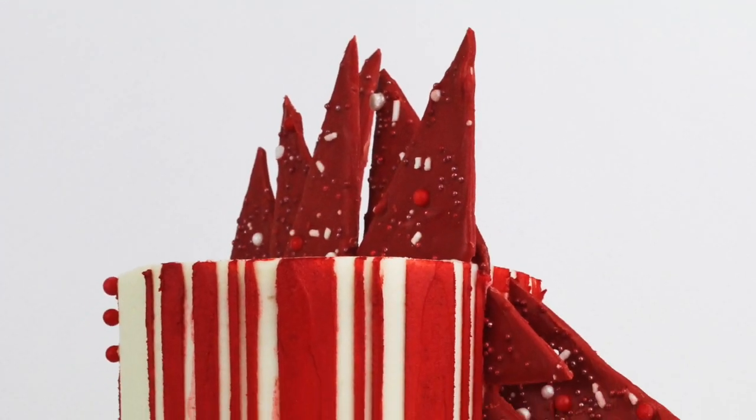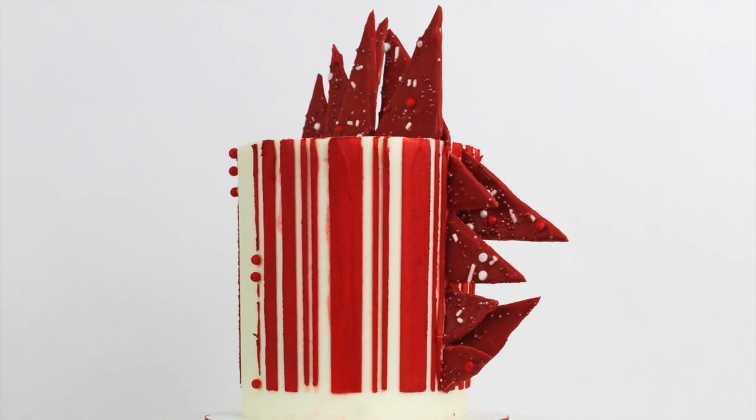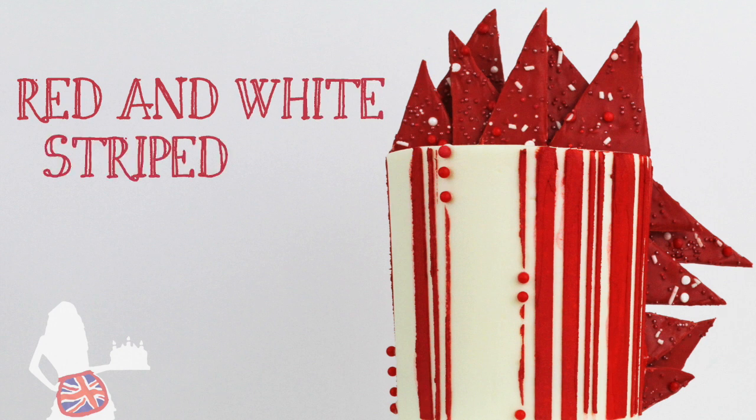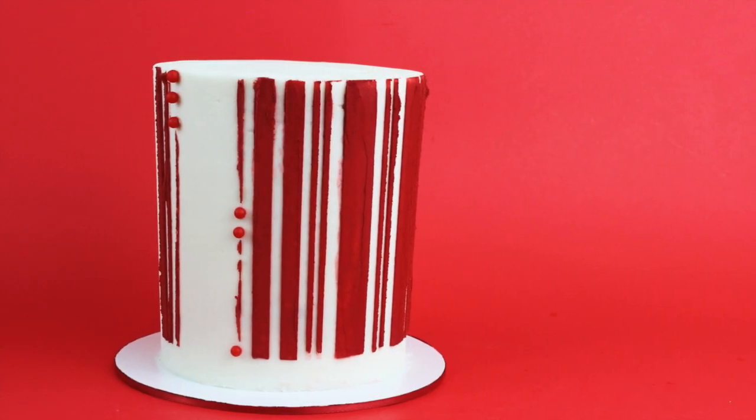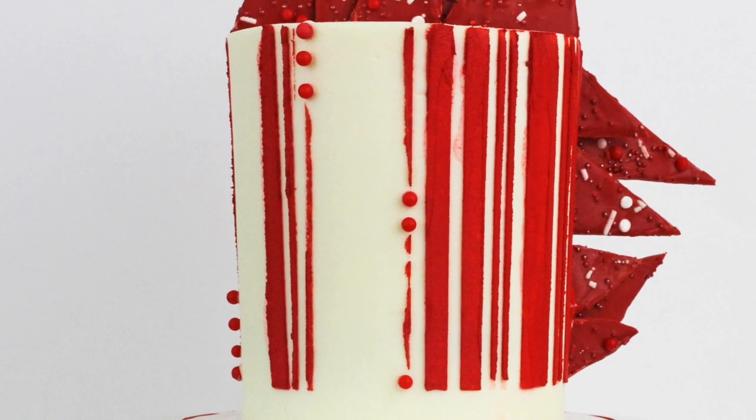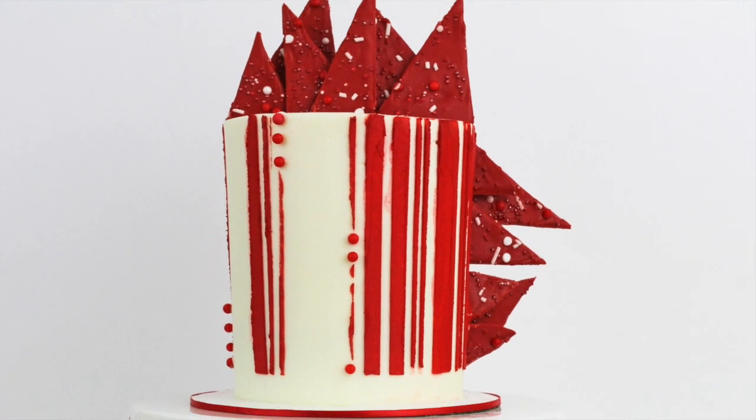Hi, I'm Emily of British Girl Bakes, and I'm going to show you how to make this festive red and white striped cake. To start with, I'll show you how to make bright red frosting, and then how to apply the stripes and add details with sprinkles, and then how to make these fun sprinkled spikes on the top and